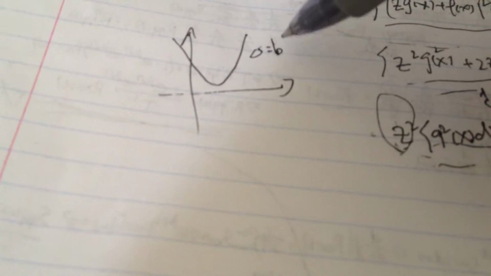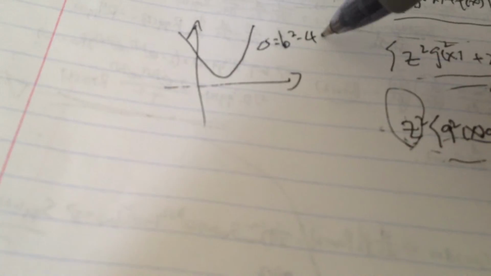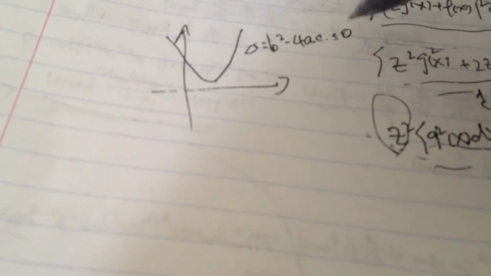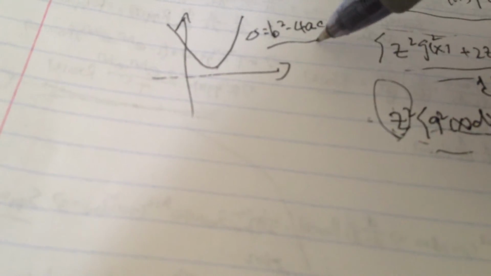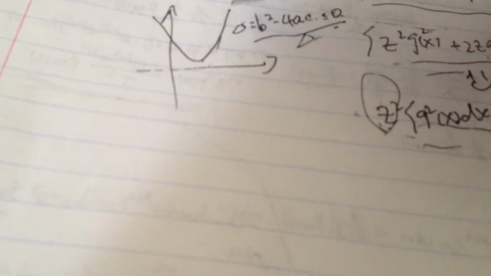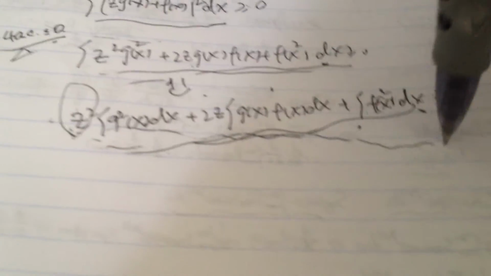So the delta, which equals b squared minus 4ac, should always be less than or equal to 0, and it can satisfy that all z satisfies this function, and in this function